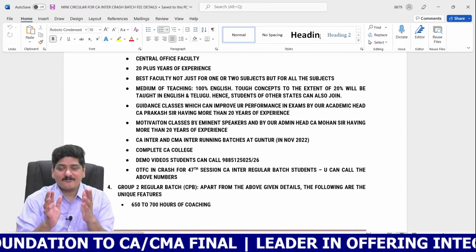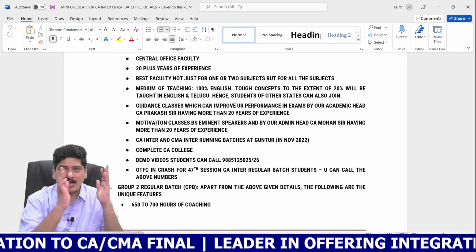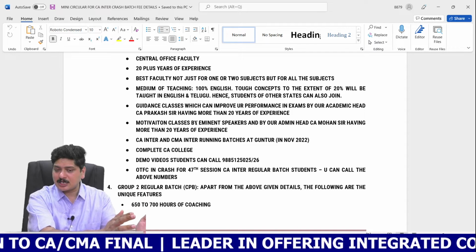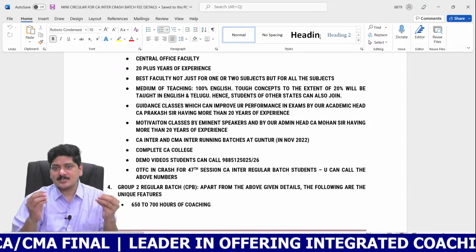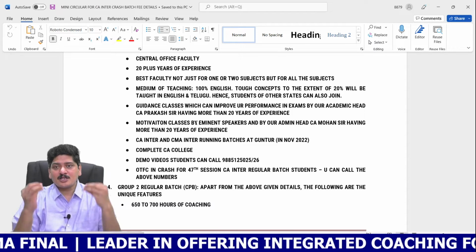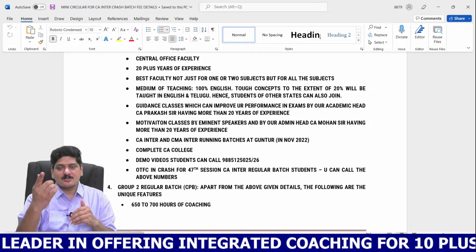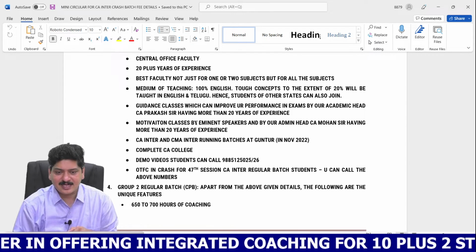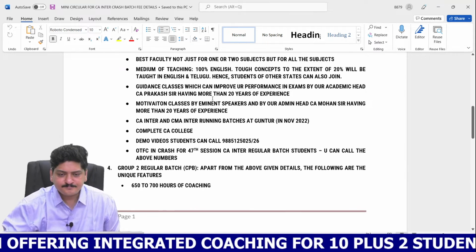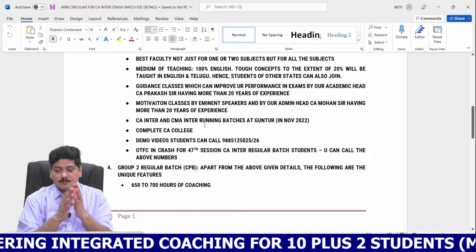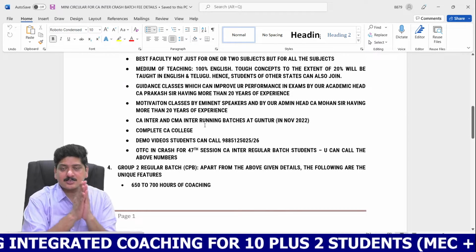These are the batches that we have only in physical mode alone at Guntur campus, that is central office. And in case of Guntur, yes, of course, we have a few more admissions in the name of COB, complete online batch, for which the physical batch classes will be live telecasted. Okay, let me continue.